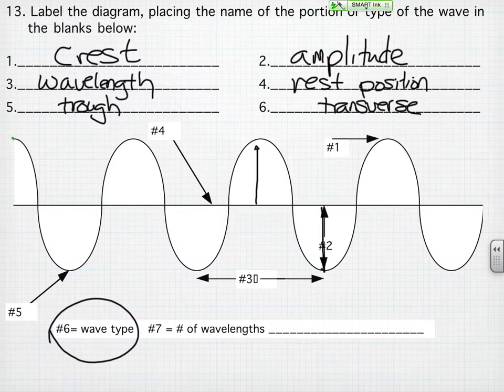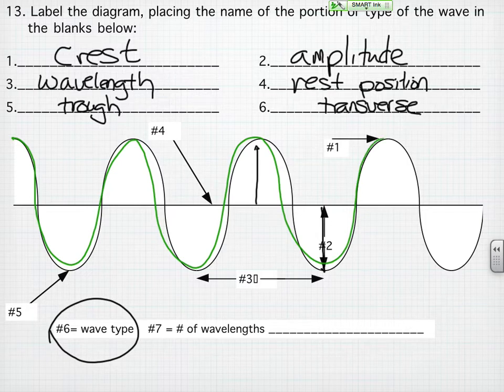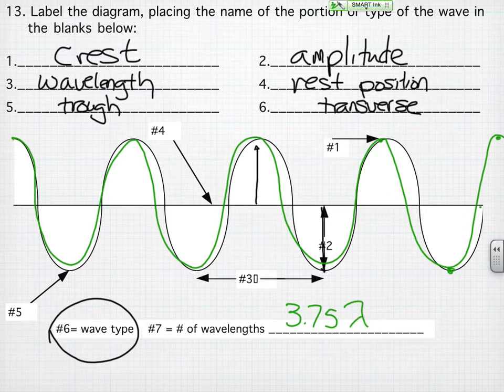3.75. If we're starting here at a crest, then the next wave ends at the crest. So that's 1, and that's 2, and that's 3, and that would be 4 if I made it to there, but I didn't. So halfway between here and here would be 3.5, but this is halfway in between there, so yes, that would be 3.75 wavelengths. Now that funny little symbol that I just drew is the Greek letter lambda, which stands for wavelength. So that's 3.75 wavelengths.